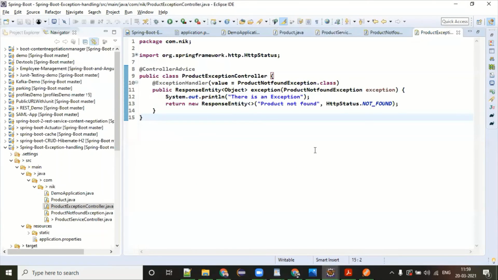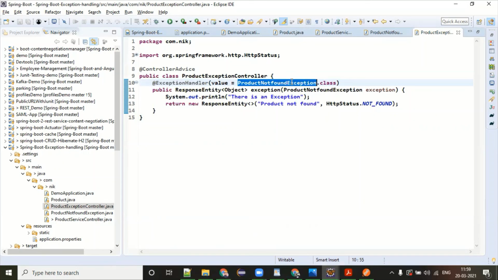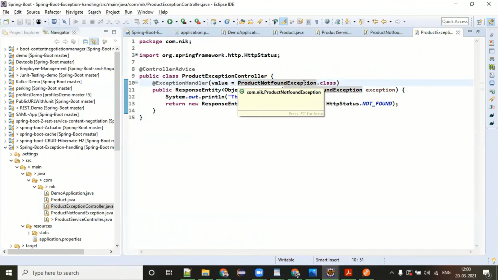Look at this. This is our controller advice class. This is the logic you have to mainly focus on, how you can use AOP. This class has one annotation called @ControllerAdvice. And this method has @ExceptionHandler, meaning wherever this exception occurs, irrespective of any controller, service, or DAO layer, the moment it is found, this method will automatically execute.